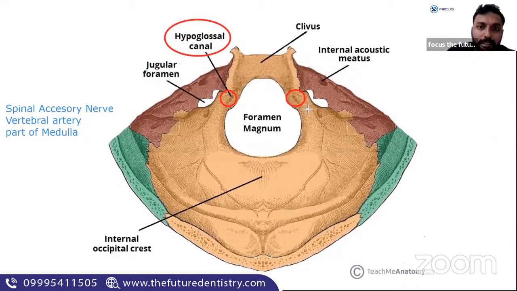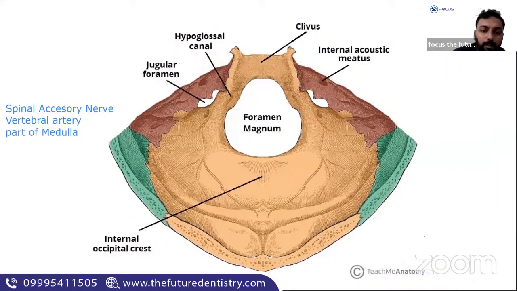So the hypoglossal nerve comes from the hypoglossal canal. Very simple. You have a hypoglossal canal and the hypoglossal nerve coming out through it. The rest of the stuff which comes out through it, you can study later. For the time being, remember there is a hypoglossal canal, located just lateral to the foramen magnum. You have two hypoglossal canals on either side, through which the hypoglossal nerve, that is the 12th cranial nerve, passes out.